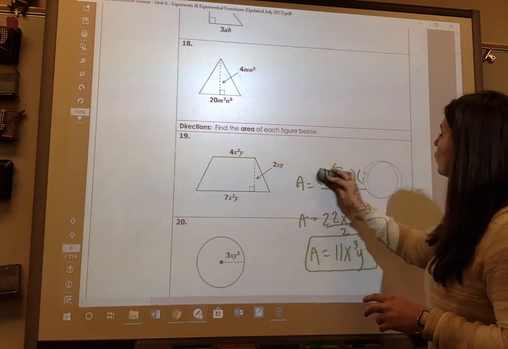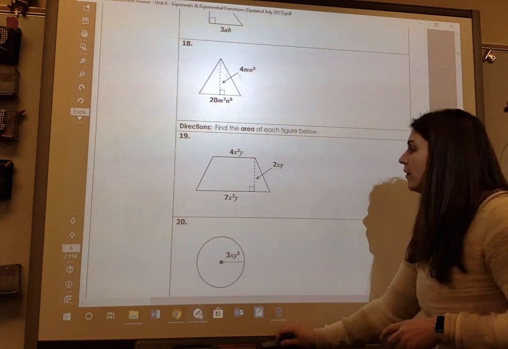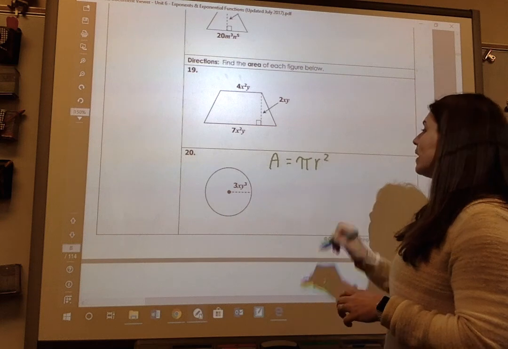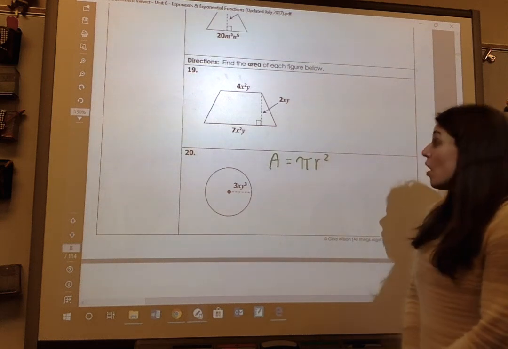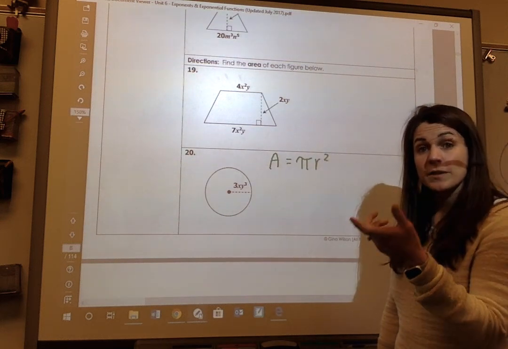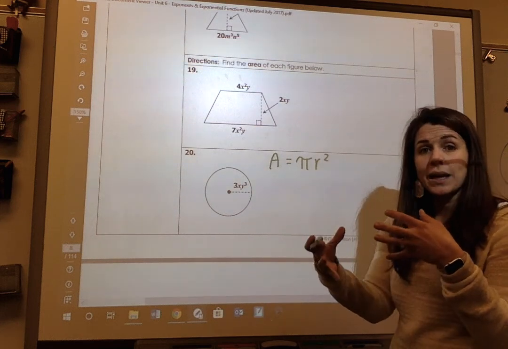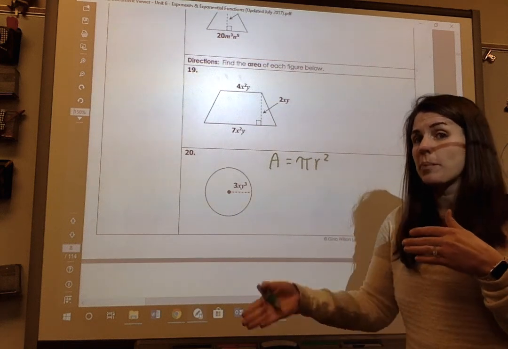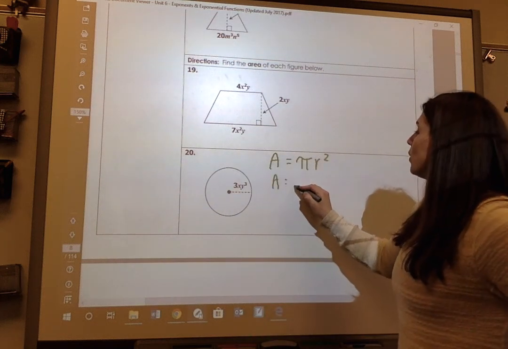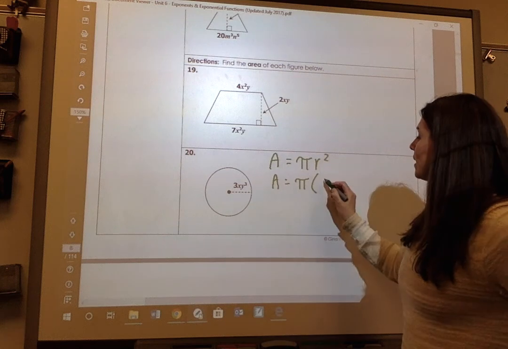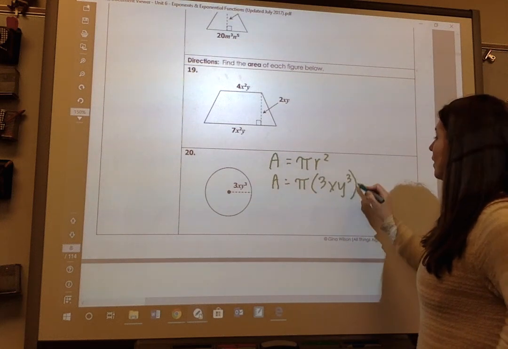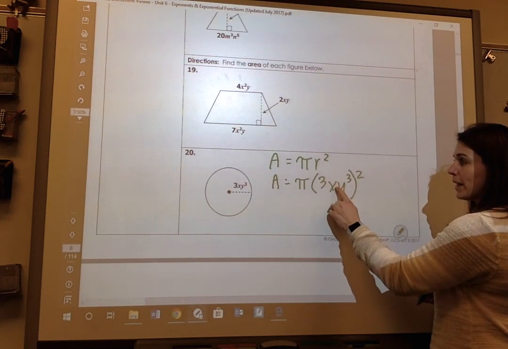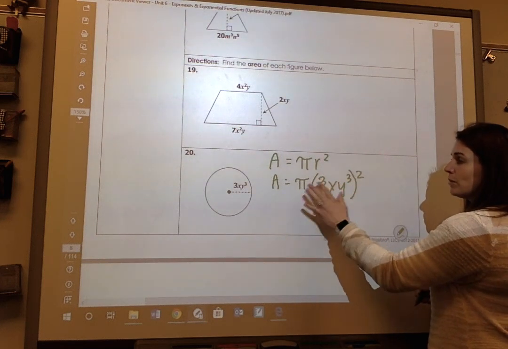All right, to find the area of a circle, area is pi times radius squared. So I want you to keep this in terms of pi. That means I want pi to remain in your answer because pi is one of those irrational, never-ending numbers, so it's never going to be perfect. So I want you to do pi times my radius, which is 3xy cubed, and I have to square it because it's radius squared. So all that's changing is my radius, which is 3xy cubed, and so now I'm going to